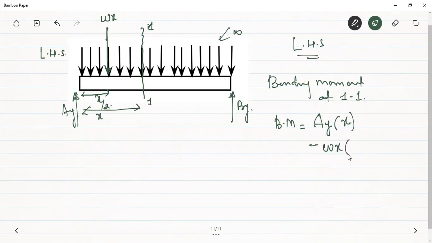Minus omega x is the load, and at what distance? X by 2. This is x by 2. This will also be x by 2. Therefore, the moment arm for this bending moment will be x by 2. So it will be equal to AY. AY is how much? That was the previous question. It was omega L by 2, multiplied by x minus